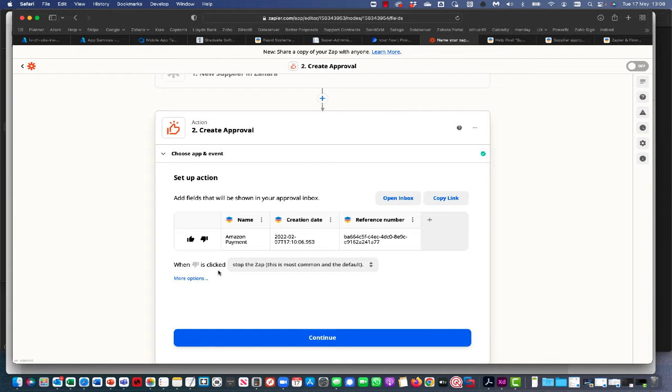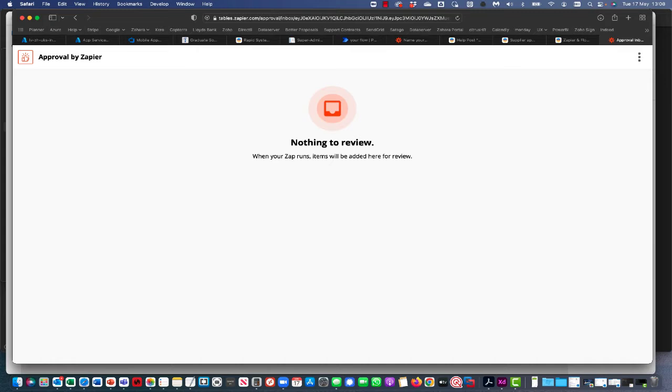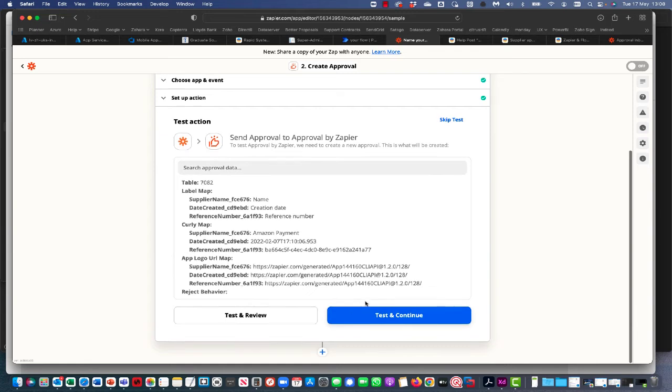Now the way that approvals work in Zapier is that you basically get a unique link for this particular thing. So if you're creating an approval process for some people in your finance team, you would have a dedicated link for them. So if I copy that link and paste it into a web browser, that's effectively what the approvers are going to see. It says nothing to review here, which is absolutely fine. So I'm going to click continue, and that is basically our step. There's nothing more to do than that. If I go test and continue,